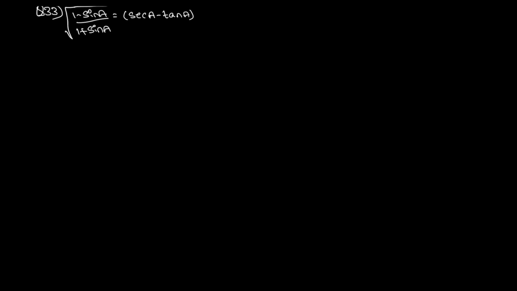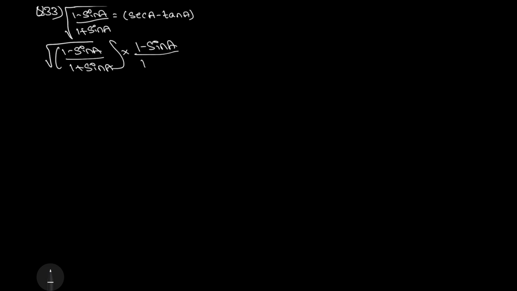Next we have our question number 33, which is similar to question number 32. So in order to remove this square root, we have to multiply this with 1 minus sin a to the numerator and to the denominator as well. So here we'll be multiplying with 1 minus sin a by 1 minus sin a, and this should be under root. And here we have 1 minus sin a and 1 minus sin a, that is 1 minus sin a